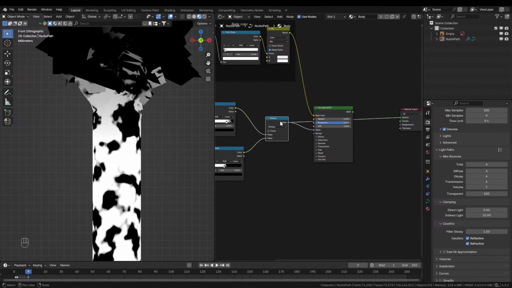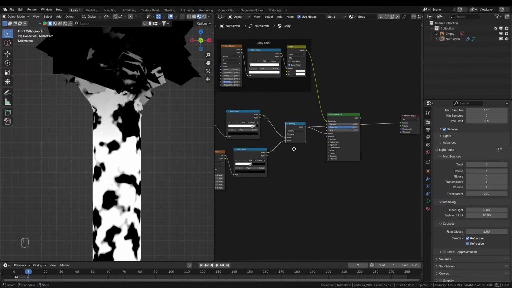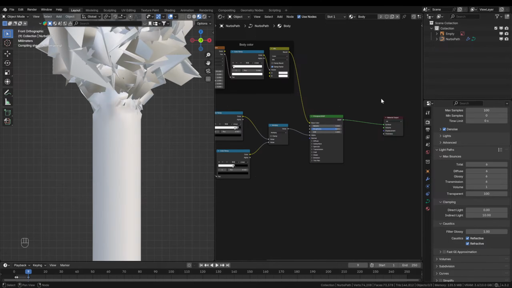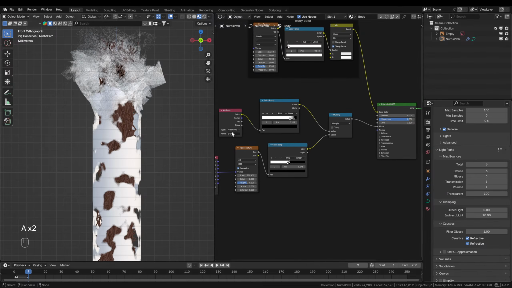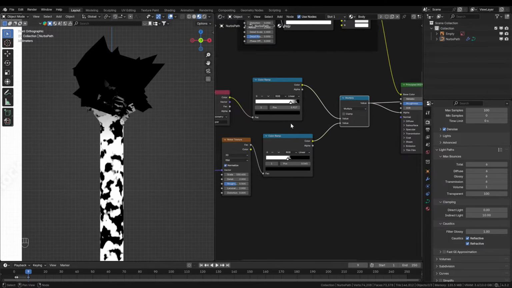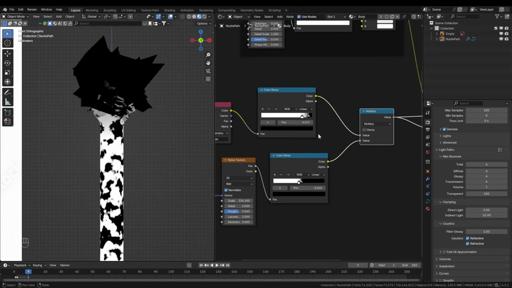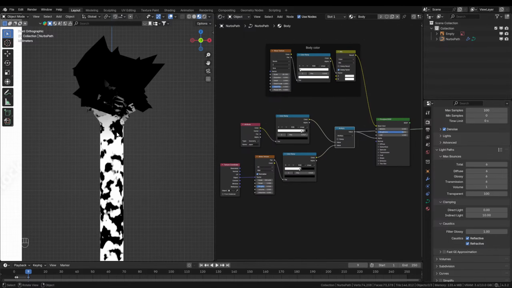Okay, multiply that. And then it's only burning here. What? I have to flip that here. Okay, wait a second. For the map,